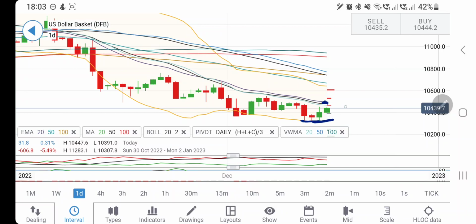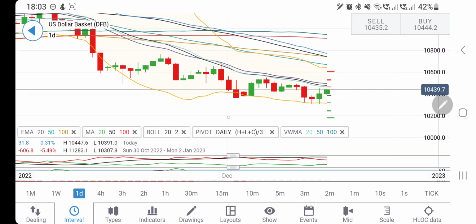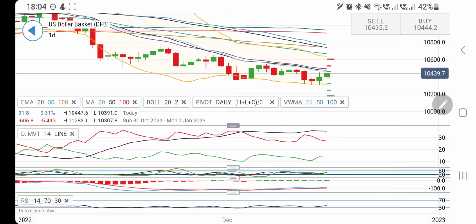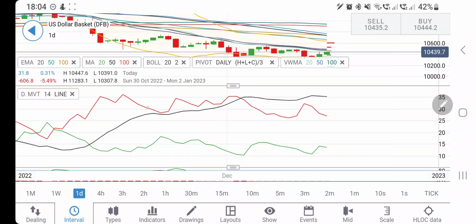Also see, it has bounced back precisely from the bottom of the Bollinger Bands, which are situated at around 103. So a good move either way has to come out, because see, the width of the Bollinger Band has narrowed, and it is trying to display a very confined movement, and hence we need to stay alert here. 105 levels on the upside are certainly going to be a good resistance.